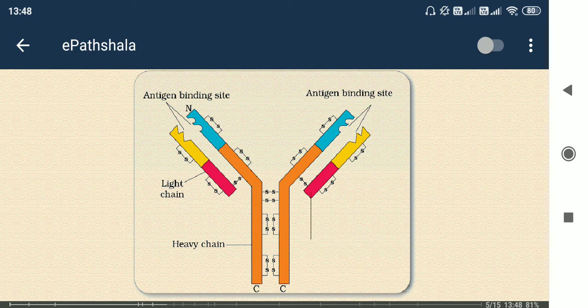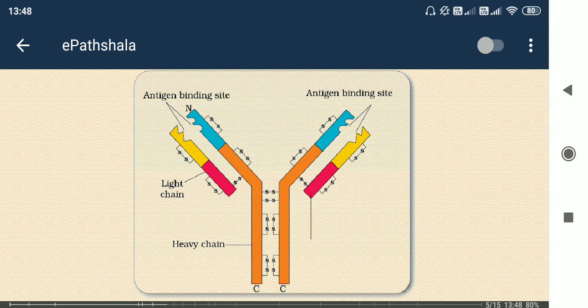Okay, actually, see, immunoglobulin, I have said immunoglobulin, and globulin means it is a protein. So protein means amino acid, and amino acid means it can have some form of sulfur, right? Because we know that some amino acids have a sulfur moiety, the sulfur element. So here the disulfide linkage is formed between two amino acids, okay. So two light chains, two heavy chains. In between the light chain and heavy chain, a disulfide linkage is present, okay.